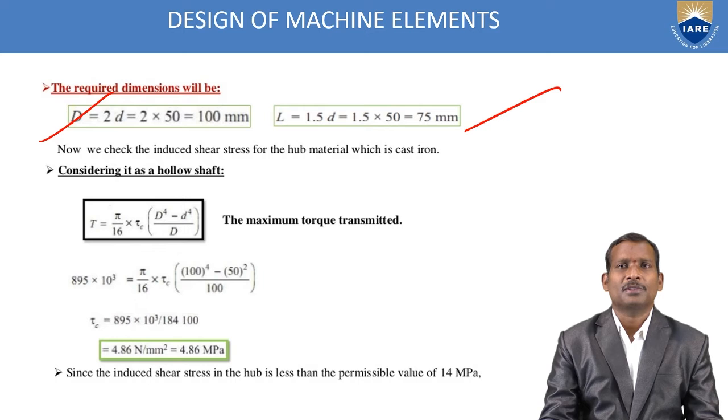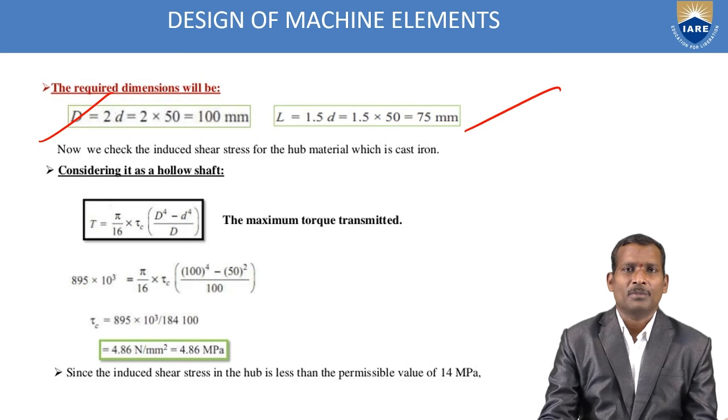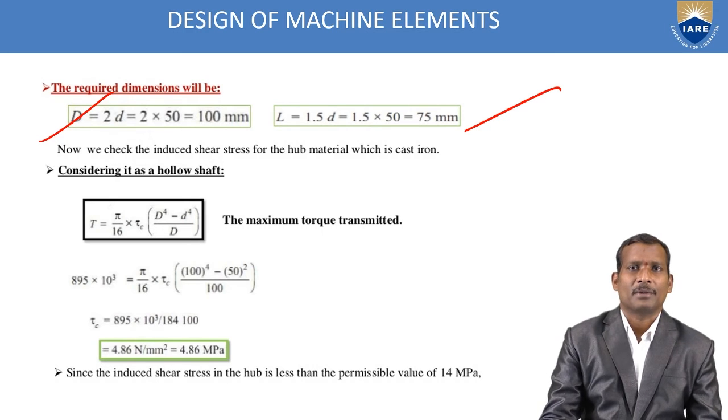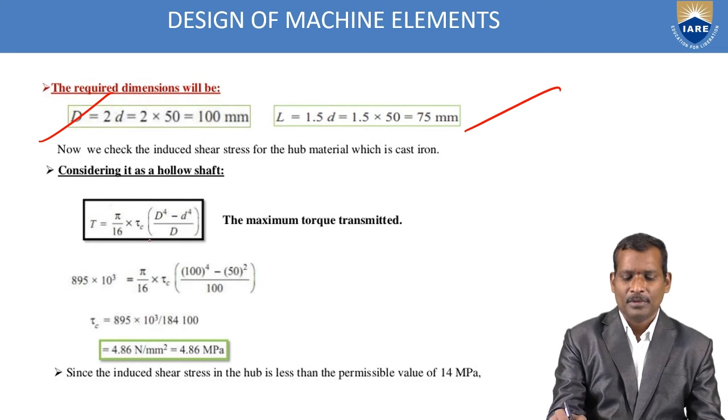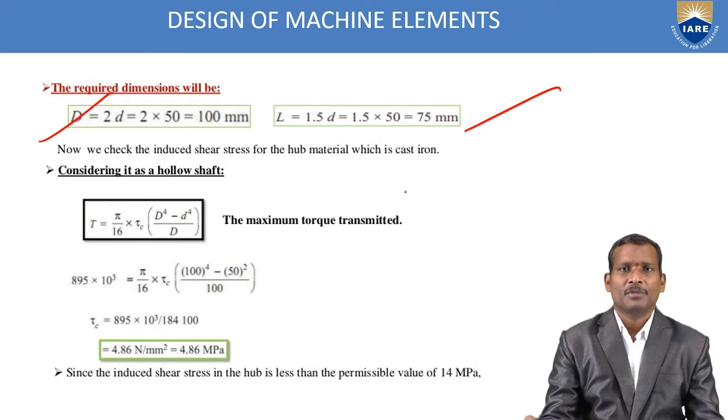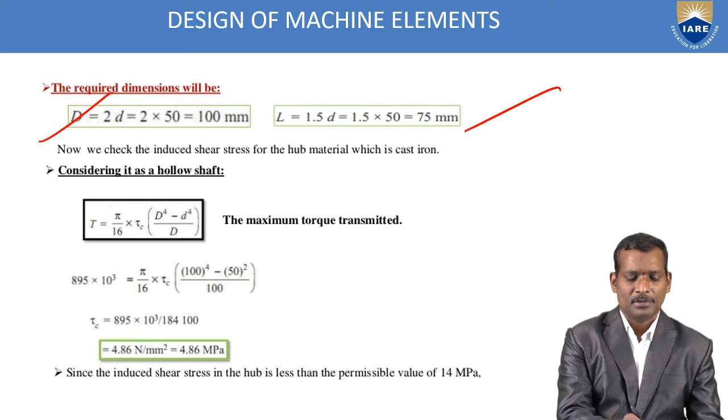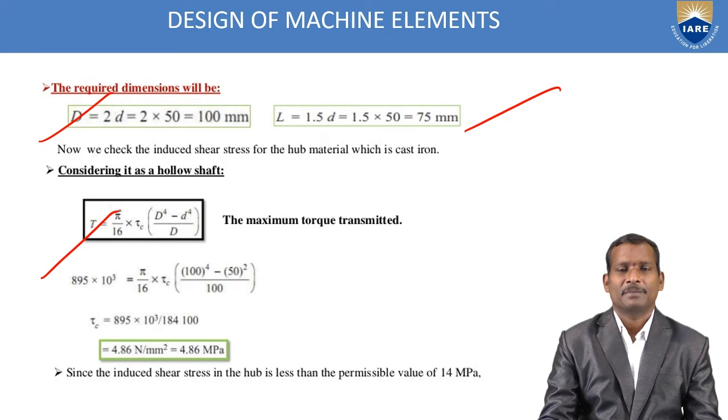Now we check the induced shear stress for the hub material. The hub material is cast iron, considering the hub as a hollow shaft. For a hollow shaft, the area is π/4 into (D^4 - d^4)/D. By using the empirical relation of a hollow shaft, you can calculate the maximum torque transmitted,